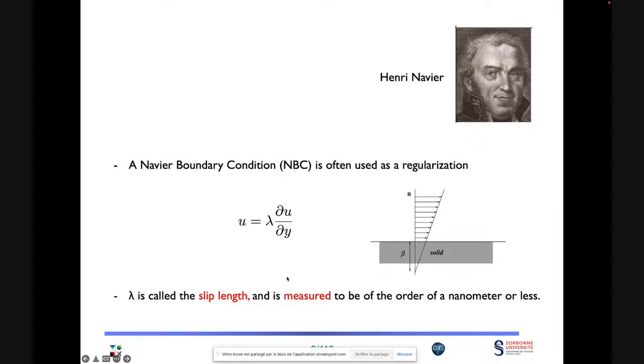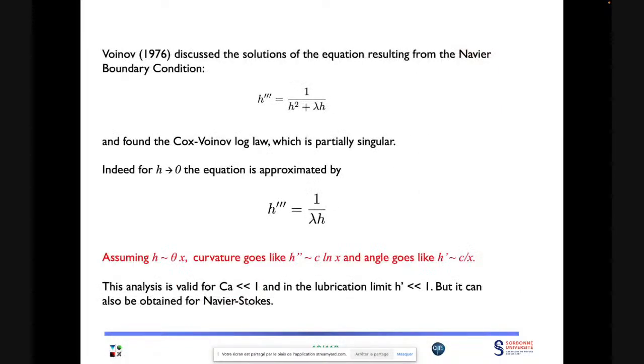Lambda is called the slip length and is measured to be on the order of a nanometer or less in many cases. And Voinov has shown that this gives you a modified equation, which is like 1 over h squared plus lambda h. Now, assuming h is like theta x, curvature goes like log x, and the angle goes like 1 over x. And so this is the wrong slide. Sorry, this gives you